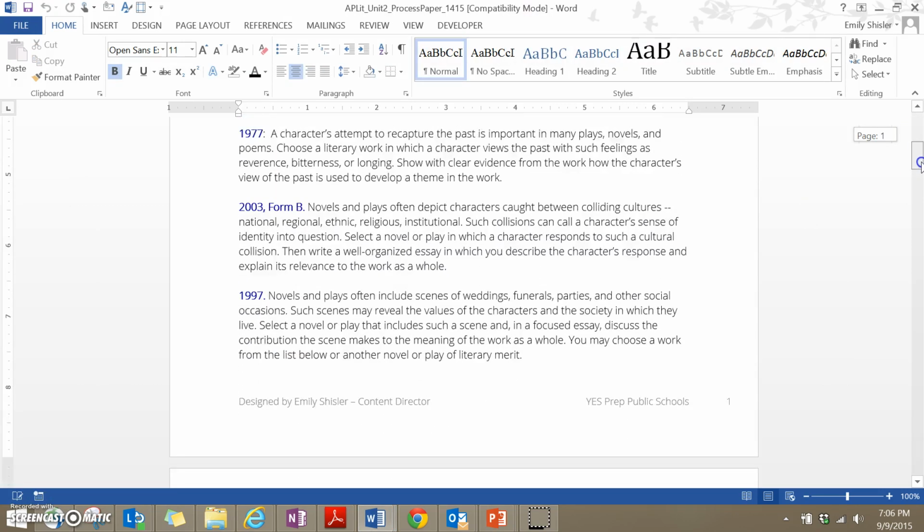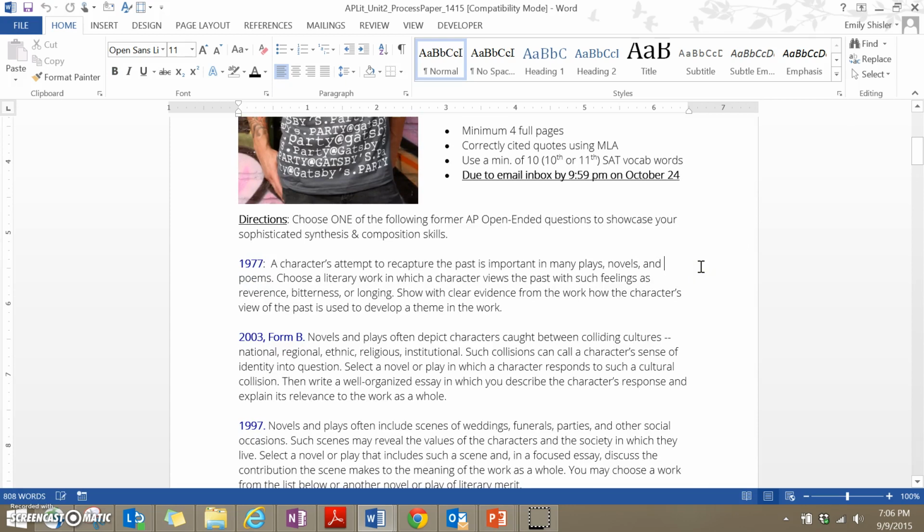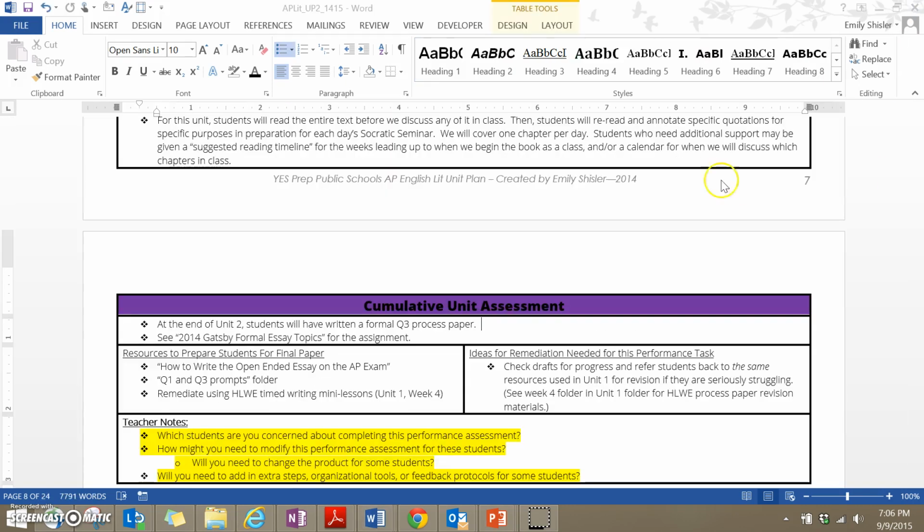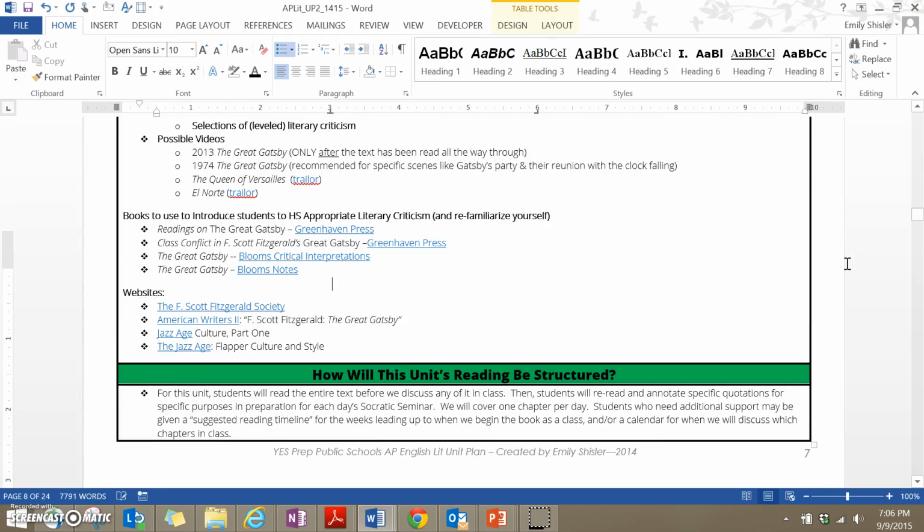In fact, I might even plant the topics for the paper in students' hands on the very first day of the unit so that they're thinking about it the entire time that you're discussing and working towards it and taking notes. Scrolling back up,